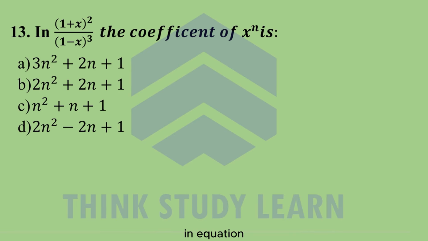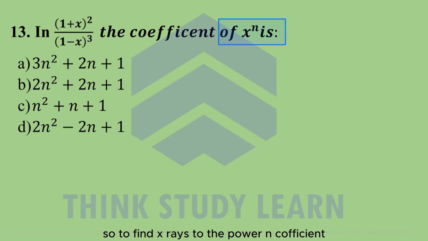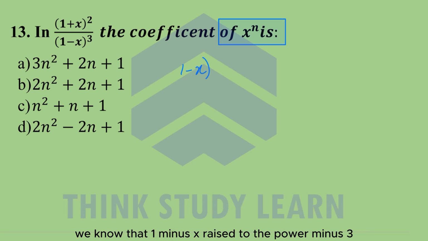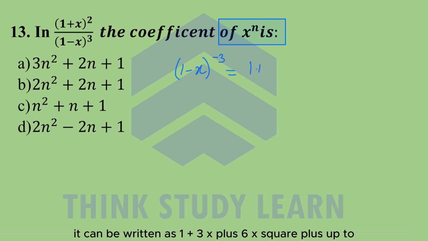In the expression (1 plus x) whole squared divided by (1 minus x) whole cubed, the coefficient of x raised to the power n is, so we have to find the coefficient of x raised to the power n in the given expression. To find it, we will first simplify this expression. We know that (1 minus x) raised to the power minus 3, when it goes in the numerator, can be written as 1 plus 3x plus 6x squared plus up to